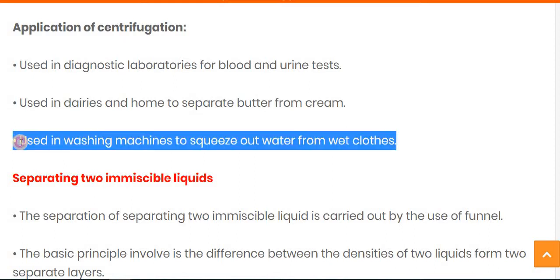The third one is that it is used in a washing machine to squeeze out the water from wet clothes. As we know, in the washing machine also it rotates, and while the machine rotates it squeezes out the water present in the clothes, by which we can easily dry our clothes. So there are three main applications